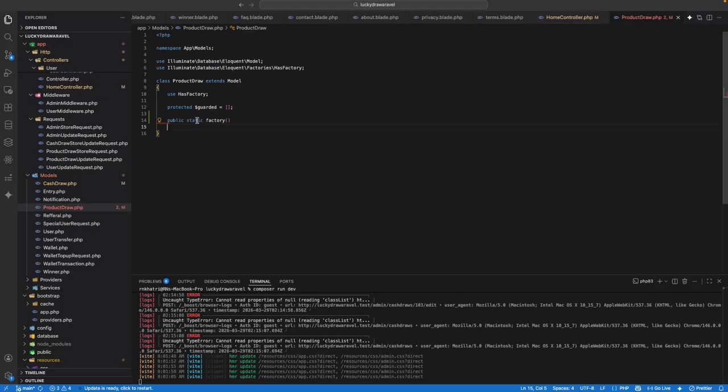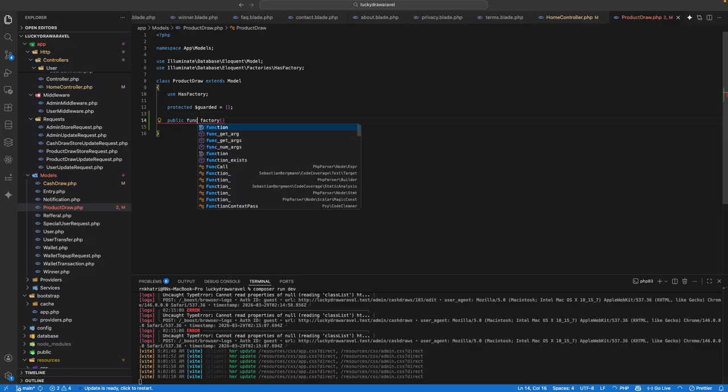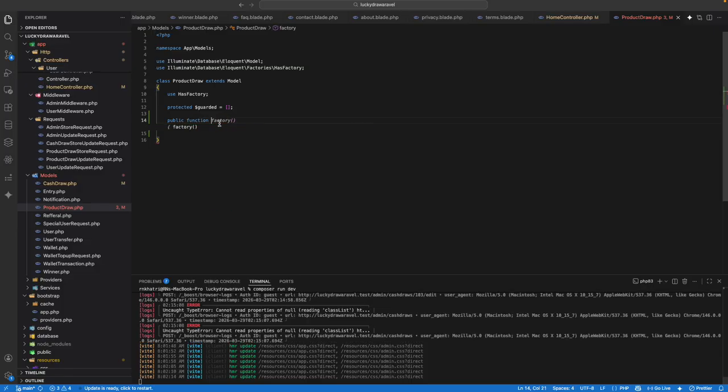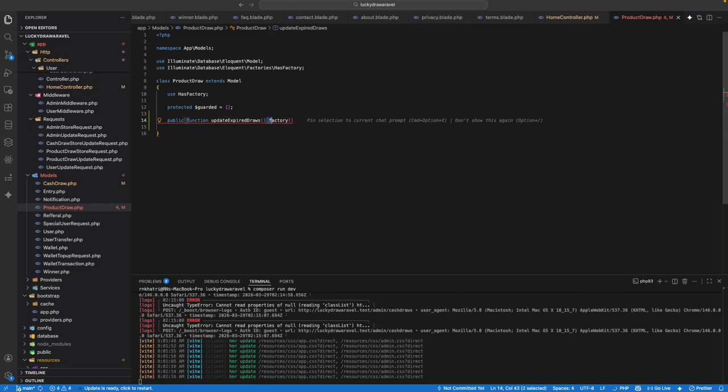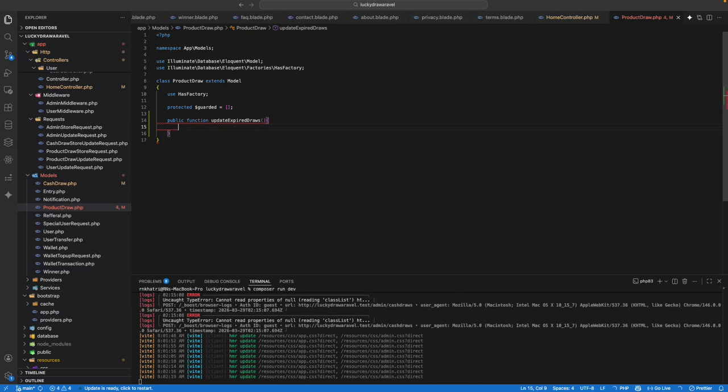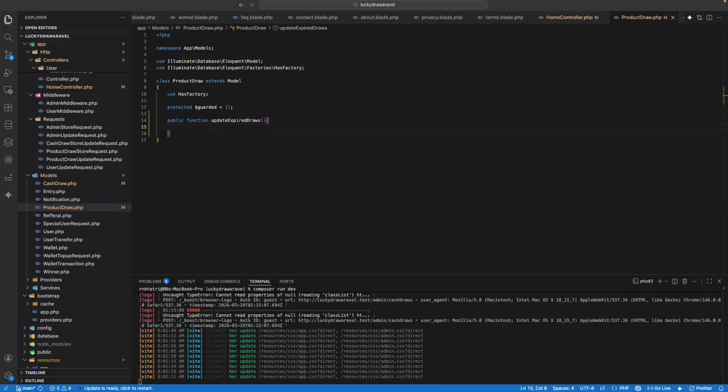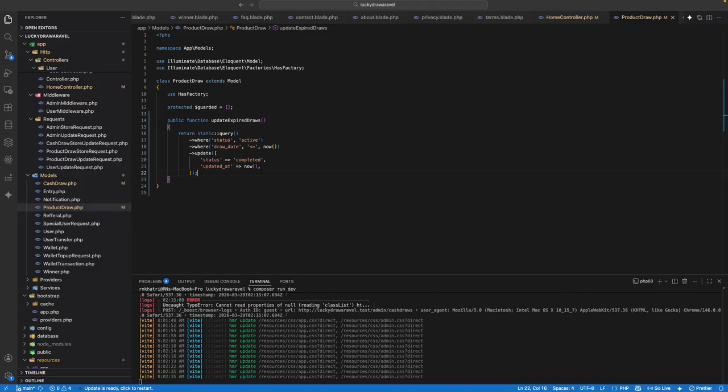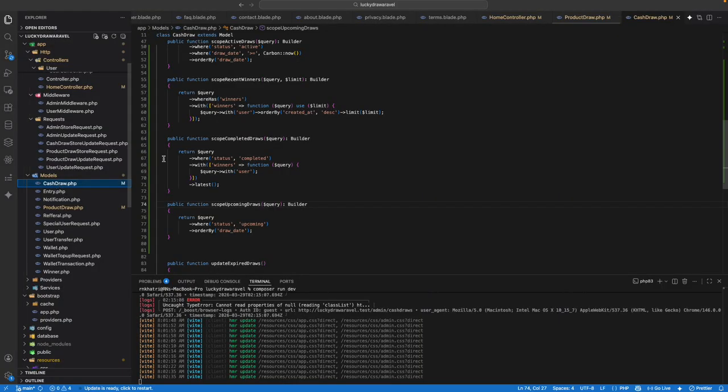Public function product update functions, right? Same, we have to do here. Where is this? Yes, same update functions, and go to the